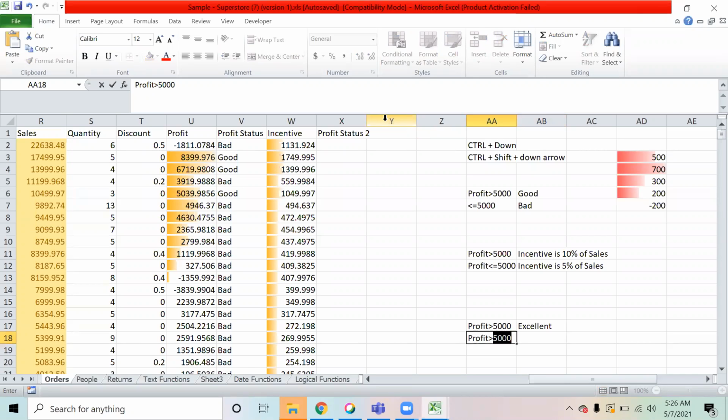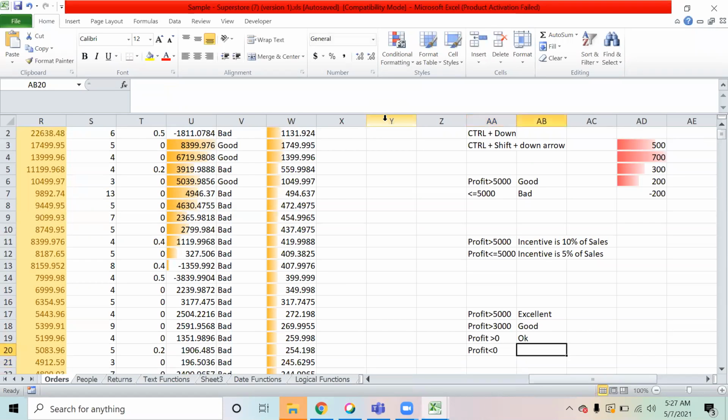If the profit is greater than 3,000, good. And if the profit is greater than 0, okay. And if the profit is less than 0, it's a loss. So can you please create this column now?